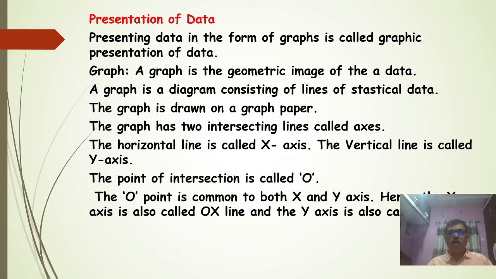The graph is drawn on graph paper, and a graph has two intersecting lines. What are these? These are called the axes, that are the x-axis and the y-axis. The horizontal line is called the x-axis and the vertical line is called the y-axis. The point of intersection is called O. The point O is common to both x and y, and hence the x-axis is called the OX line and the y-axis is also called the